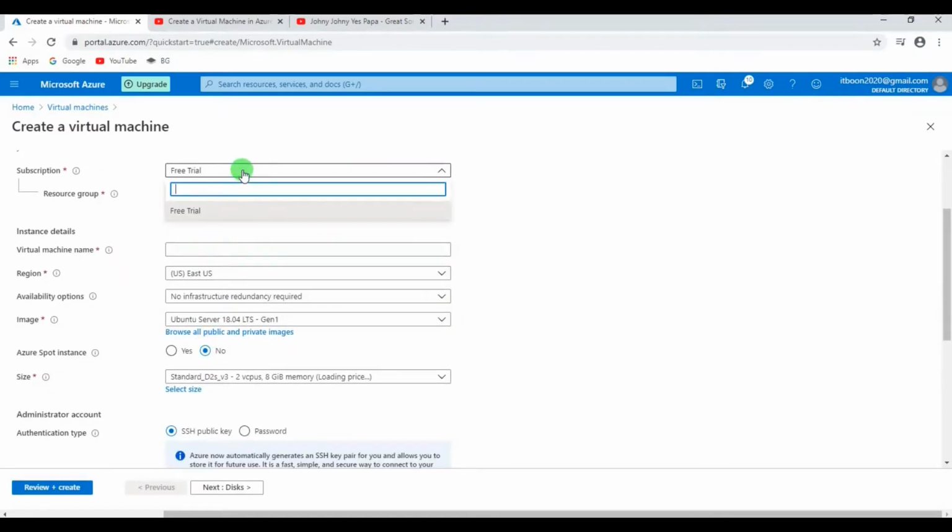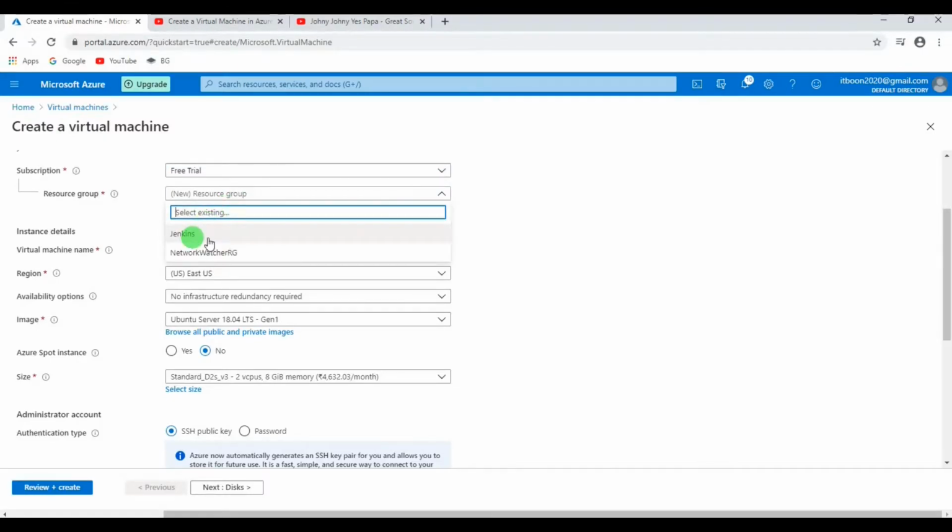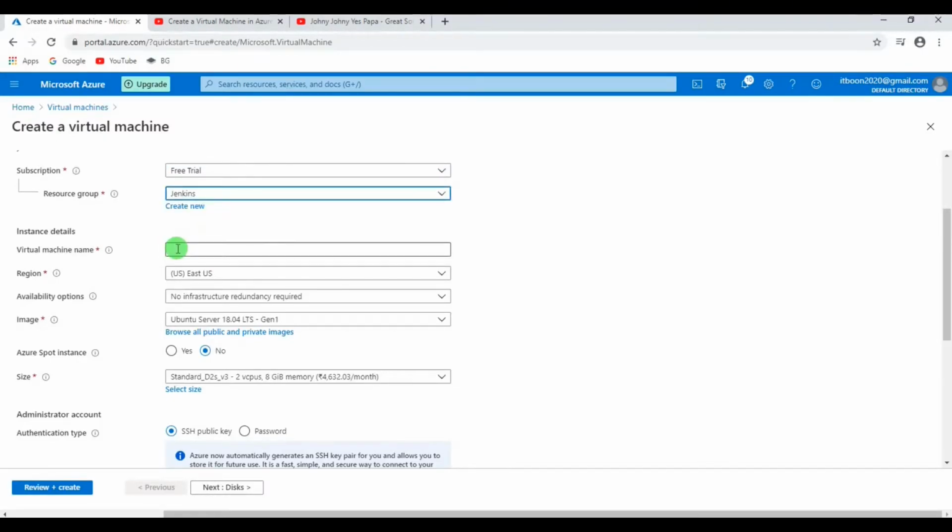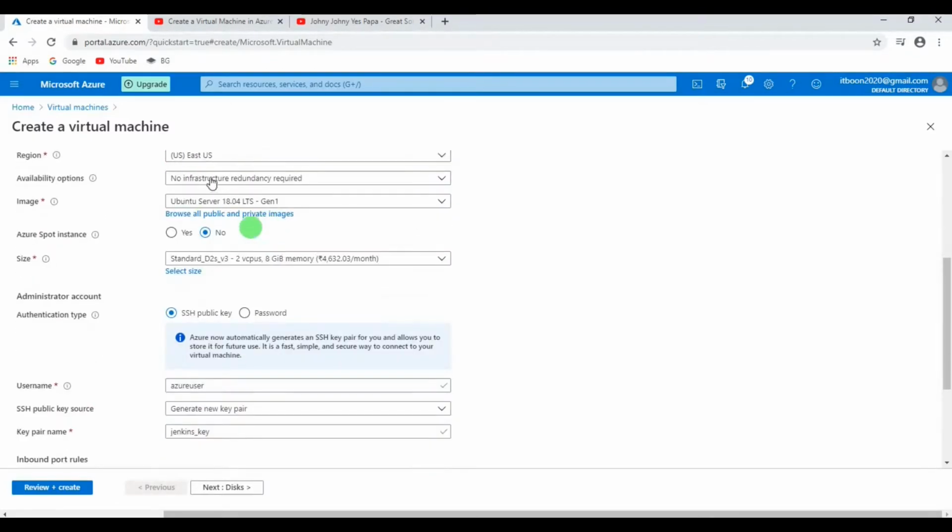So just enter the subscription details. I selected free trial and I would like to create a new resource group, which is Jenkins. A resource group is nothing but the security group in the firewall, so all the rules will be assigned and tagged to that group. And by default I selected East US as the data center location,